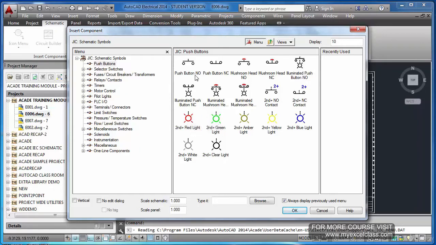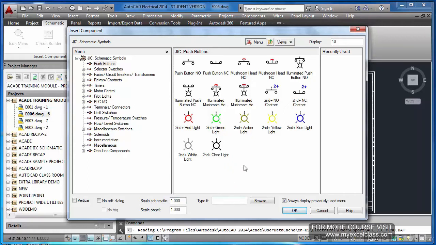Let us insert a simple push button. Here you see, in the bottom, there are options. You can put it either vertical or horizontal. Options are here. Scale schematic. If you want to scale the size, you can do it. And this option, browse.